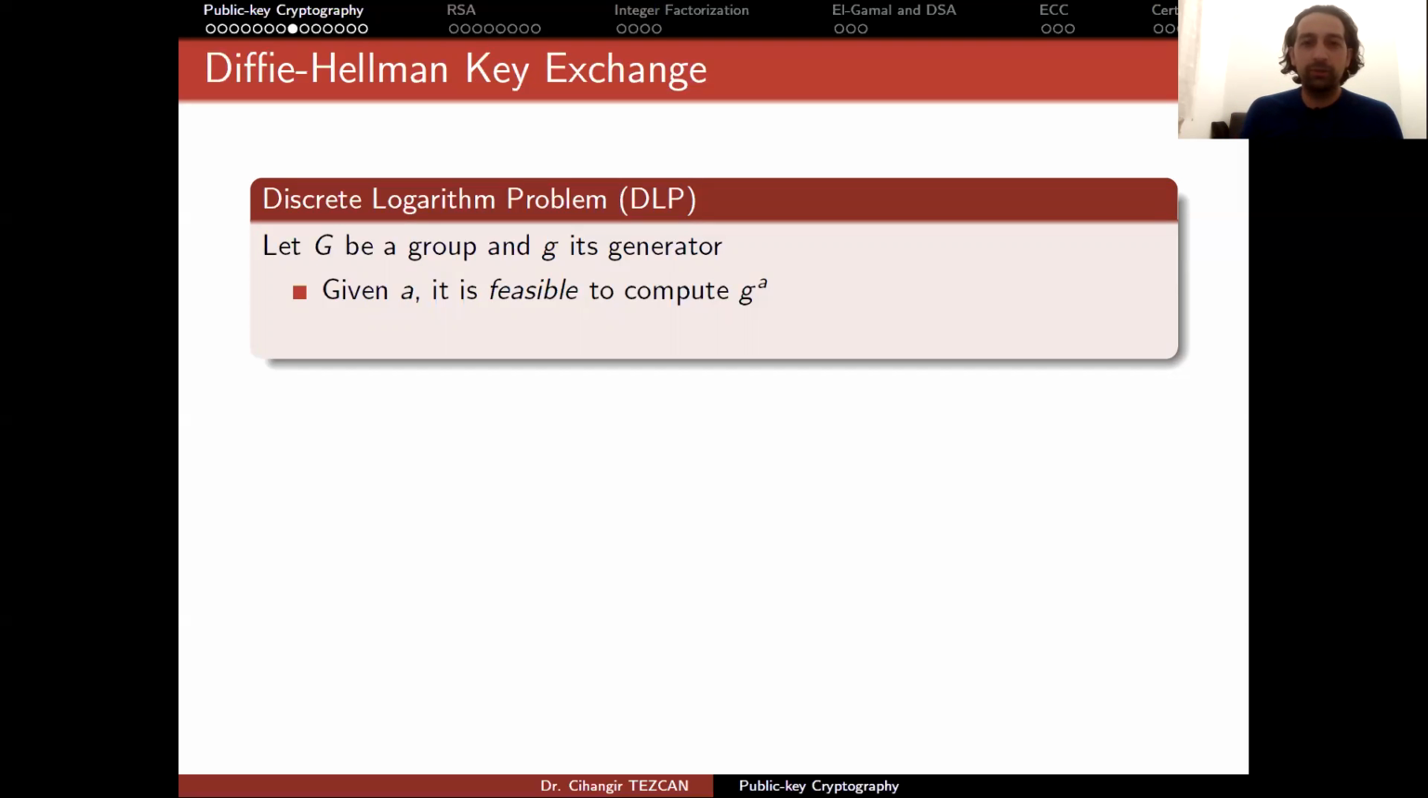So let G be a group and small g its generator. Actually at this point we have to talk a little bit of algebra. A group is a collection of elements, and we define an operation on this group. For instance, think about integers and the addition operation. This is a group, and you can use the elements of this set, which is just integers, and you can add them to each other, and it will end up again in the set, and so on. So in order to be a group,